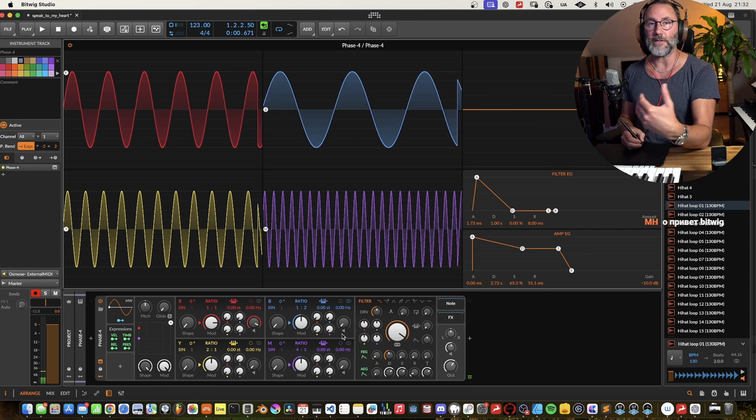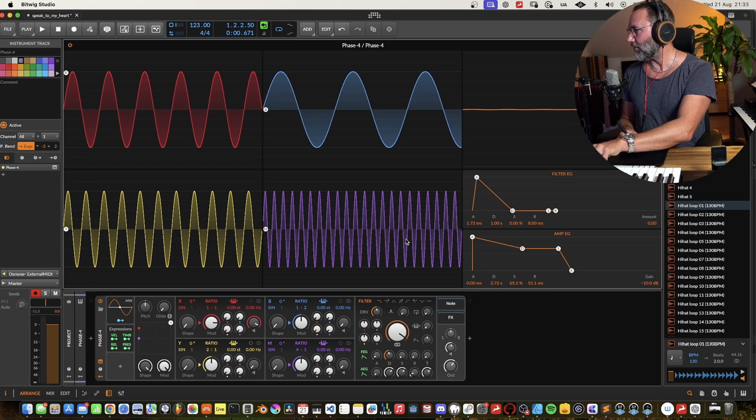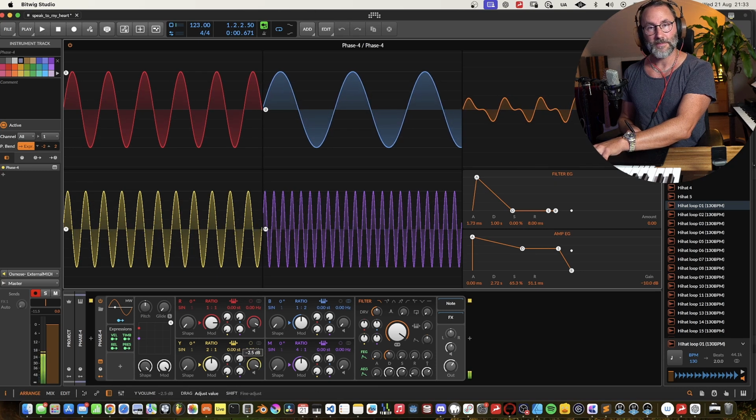And as you can hear, we get a lower note from the blue oscillator. And how about the yellow one? Yeah, as you can see, it's more narrow waves. That means that it's a higher frequency. So let's listen to the yellow oscillator. Indeed, it's a higher frequency.